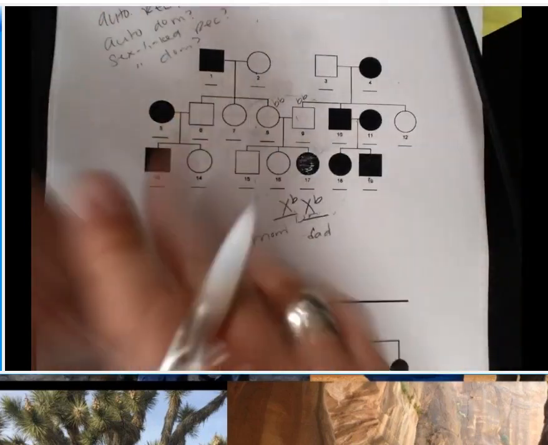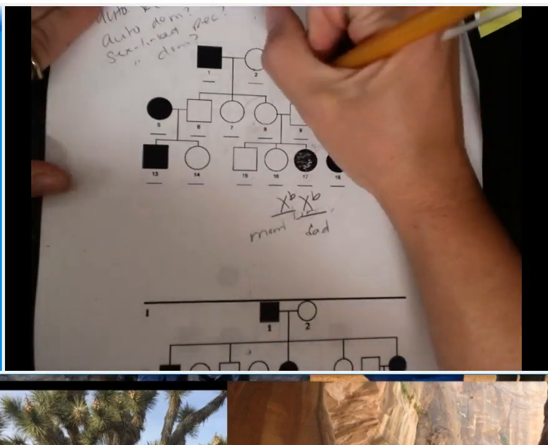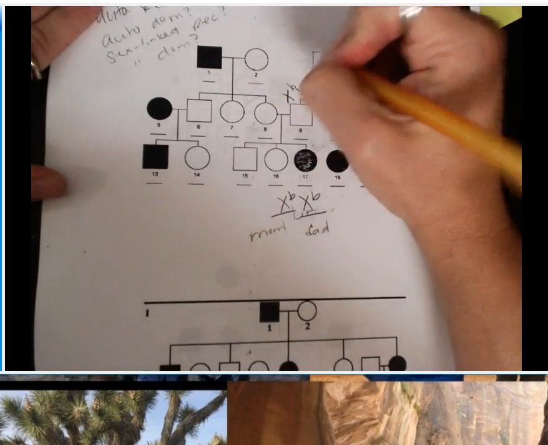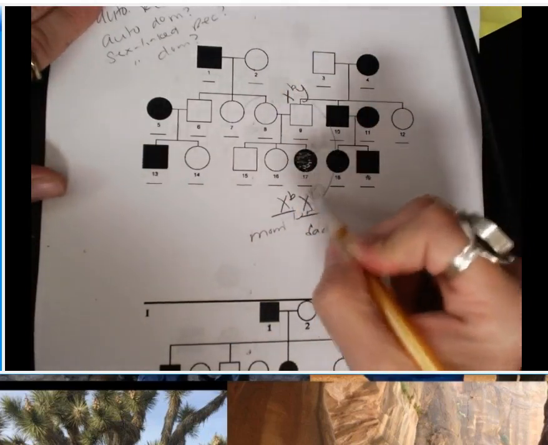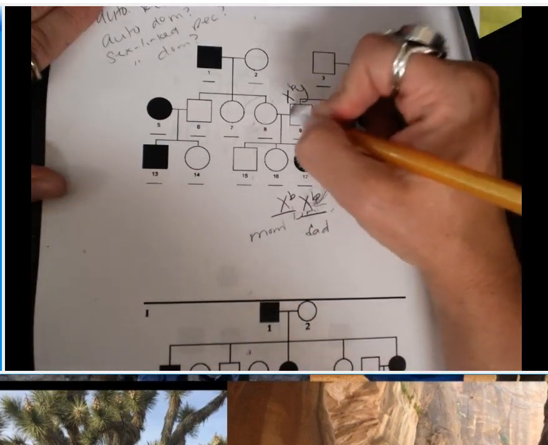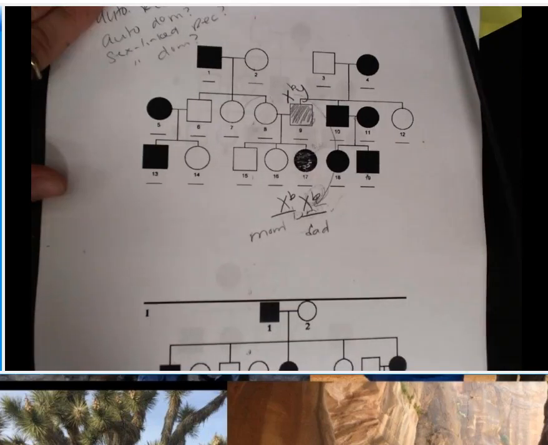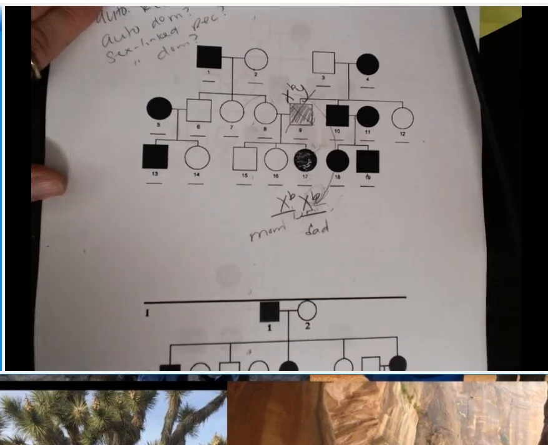But remember, a dad or a male has only one X. So if he gave an X to the daughter that was recessive, then he would also be shaded in, and that is not the case. So we can eliminate sex-linked as a possibility,